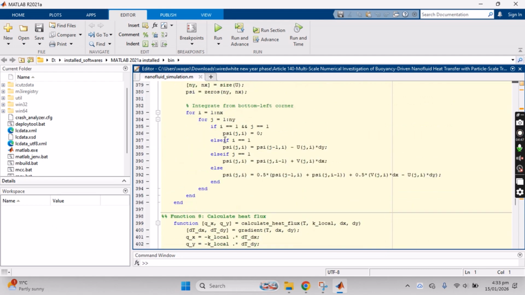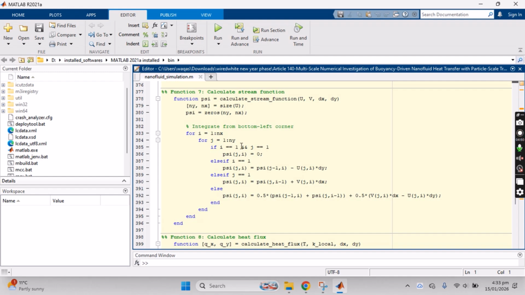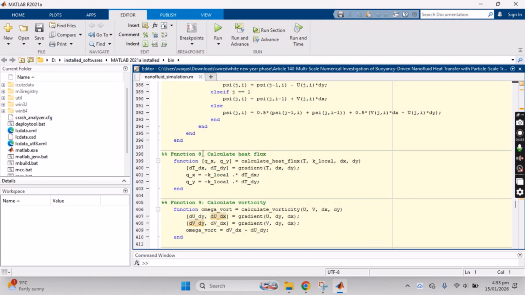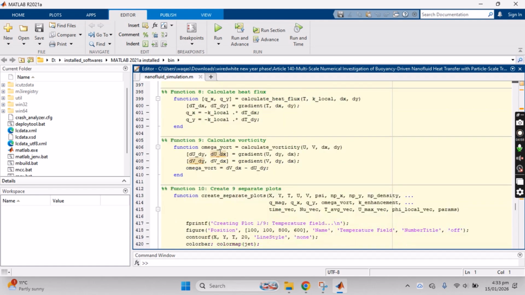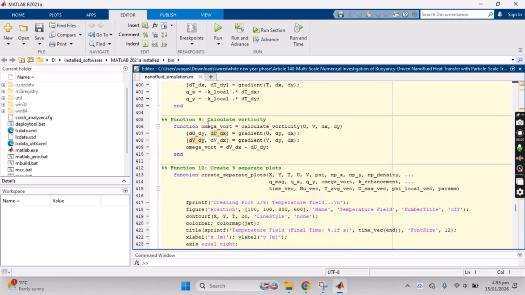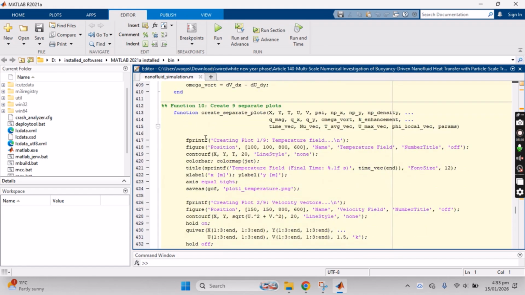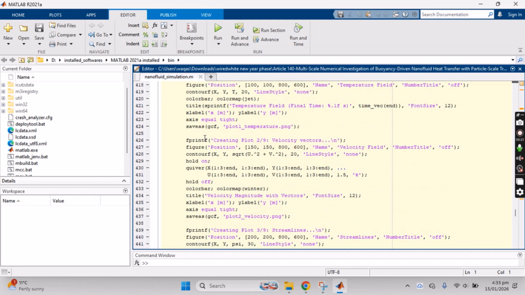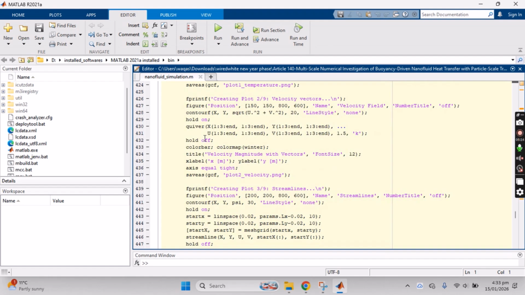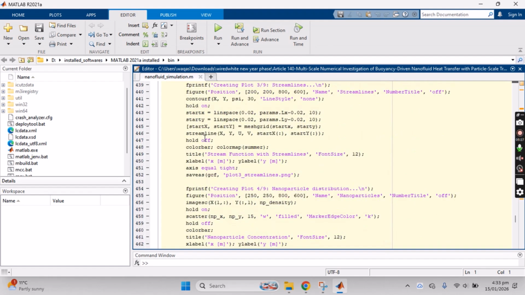This is a stream function for calculating the up, left, bottom and left corner. Then I have added the function for heat flux. These are the parameters used for the heat flux function. Velocity, then the calculate vorticity function. This vorticity function is defined, and next are the separate plots for the temperature field at different times, with the velocity vectors, velocity magnitude with vectors, as well as the streamlines with the stream functions,